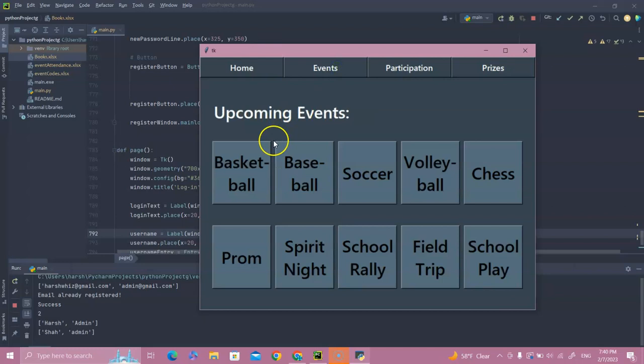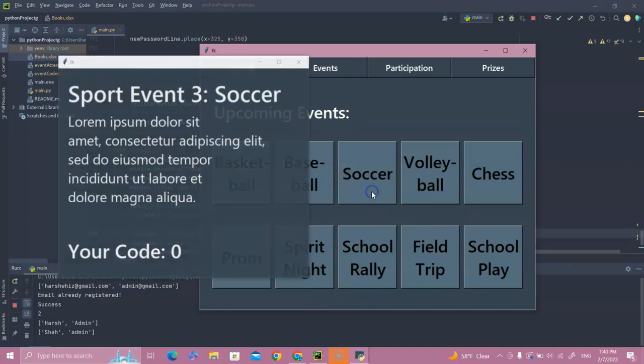Now the second frame is the upcoming events. So here there's basketball, baseball, soccer, volleyball, chess, prom, spirit night, school rally, field trip, and school play. So let me click on soccer. This will open up a new window which will show the name of the event, the number of the event, the information about it. I've put in a template for now, but we can add more information about it, and